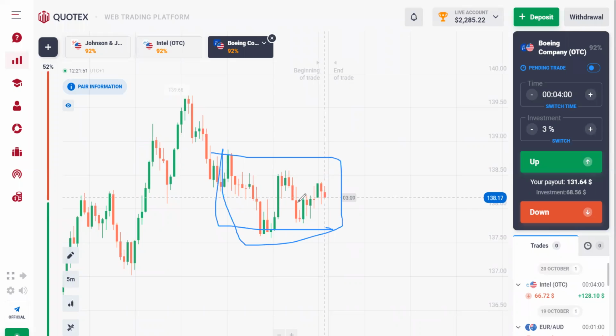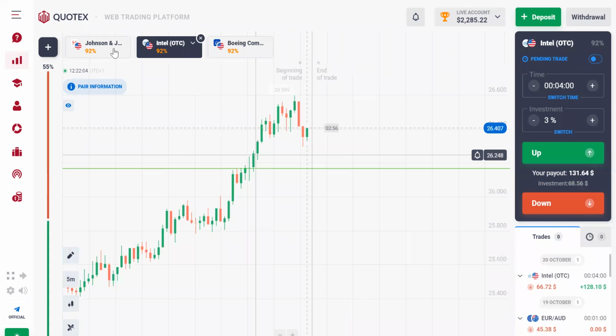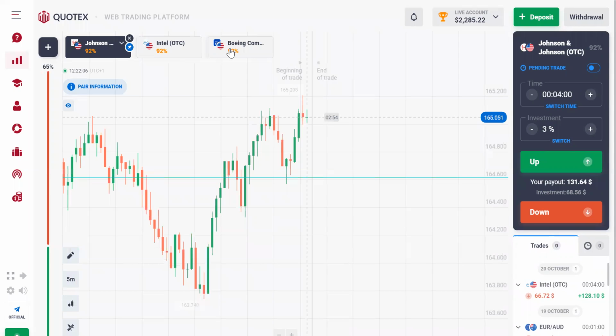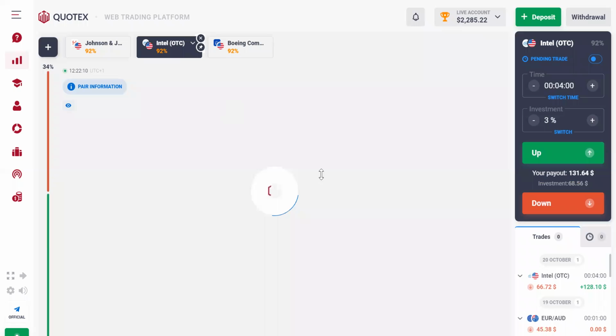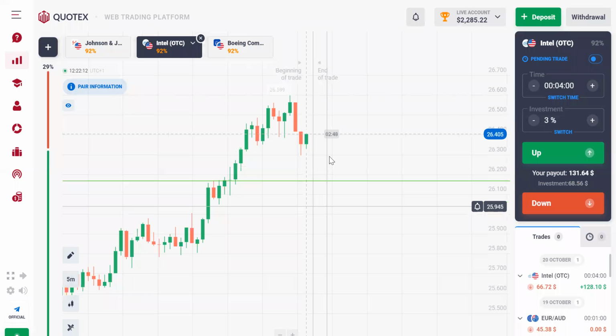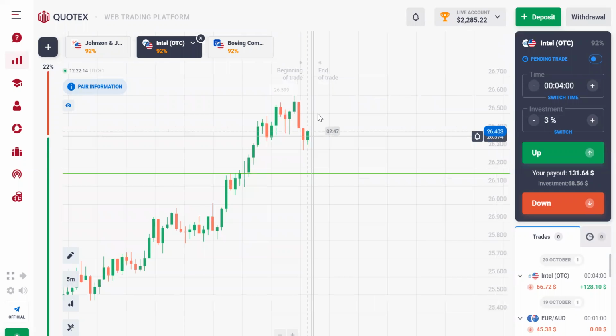So to avoid all those things, you want to look for a trending market where the candles are looking good, and you don't want to see too many wicks or too many dodgy candles. All right. So once you pick a good market, then you analyze the market, try and understand what the market is doing, try and know the market direction. Okay. Once you know the market direction, now all you need is an entry.